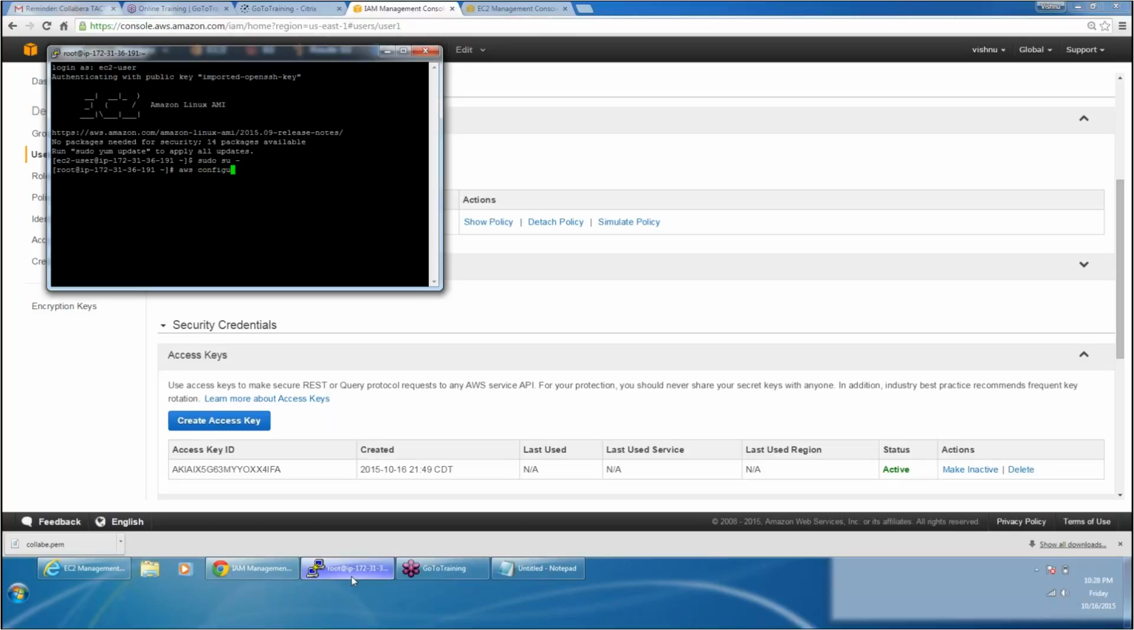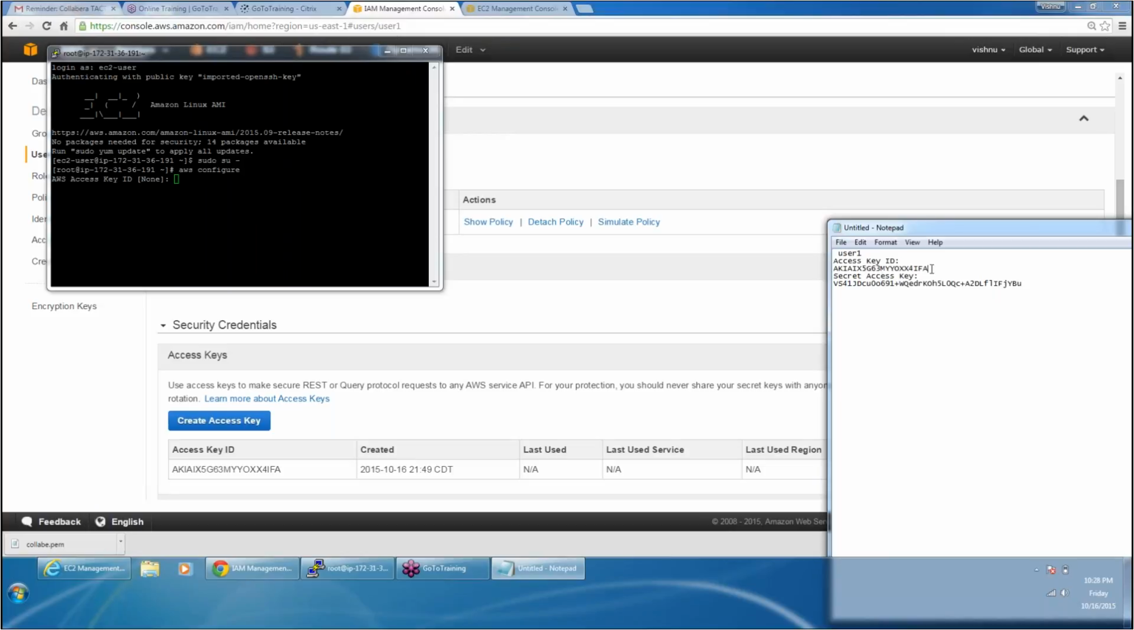aws configure, right? When I type in aws configure, it will ask you for the access key ID. If you remember, I copied these things when I created the user. So I have to enter the access key ID first. Then it will ask you for the secret access key, right? This is my secret access key. I'm going to enter that,